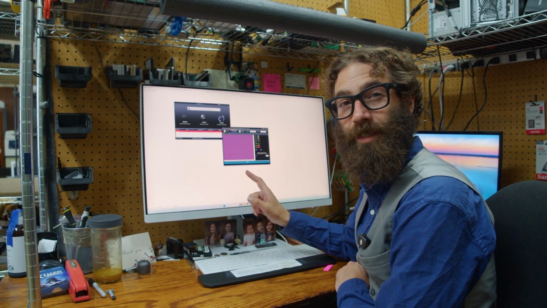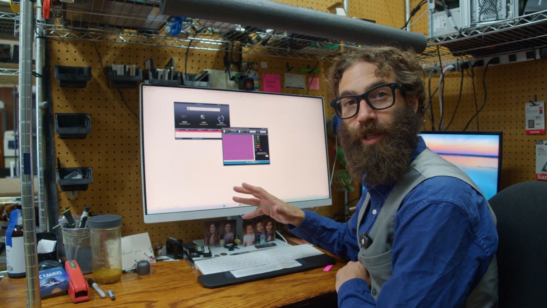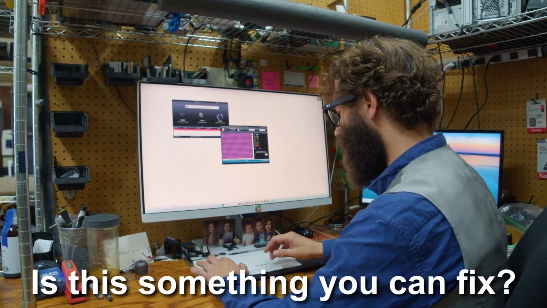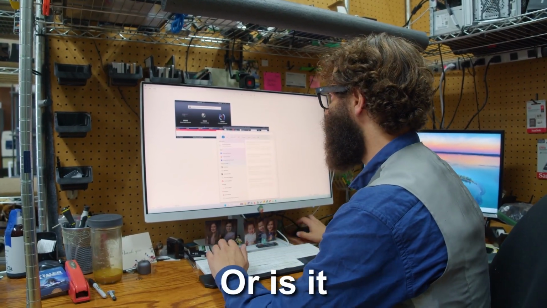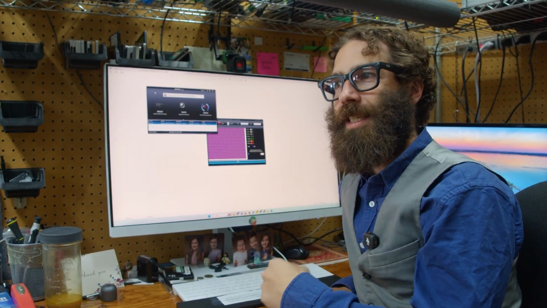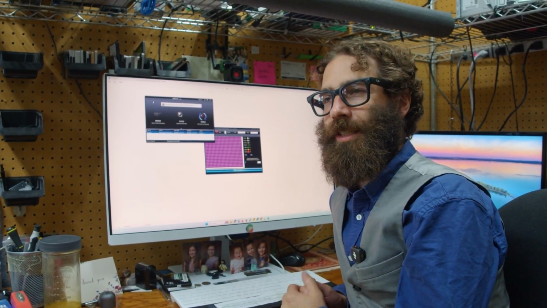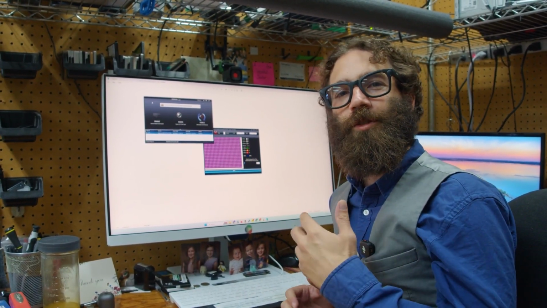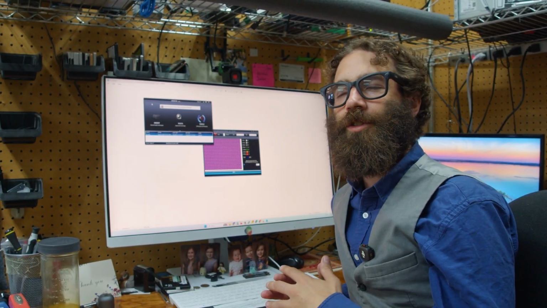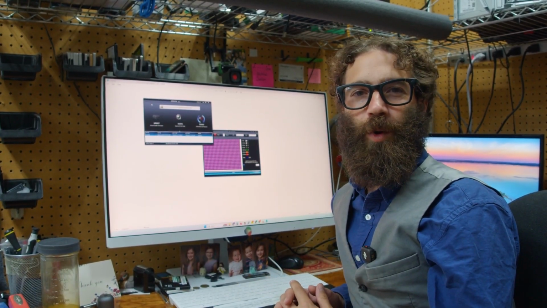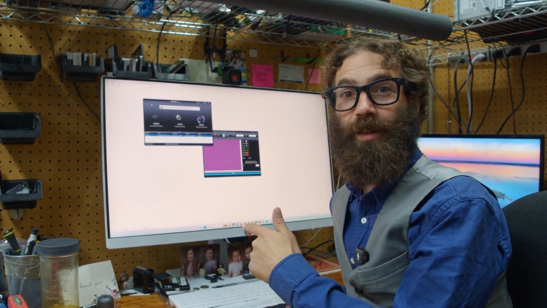I'm also going to run Samsung Magician, which is their special software, just to make sure. Is this something you can fix, or is it getting a new hard drive? If you initialize it and use the hard drive, there's a chance that it'll work perfectly fine, but there's also trust issues. So you just have to make sure that the customer is aware that this,